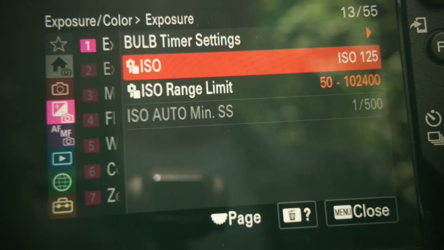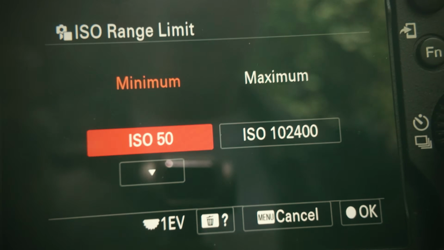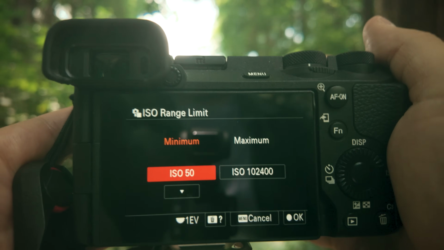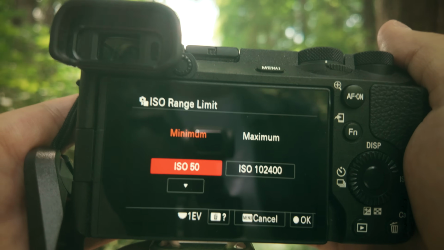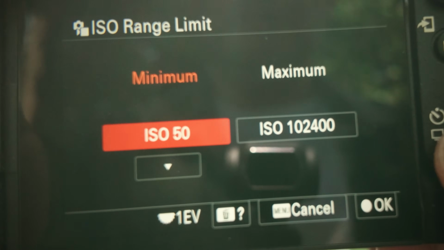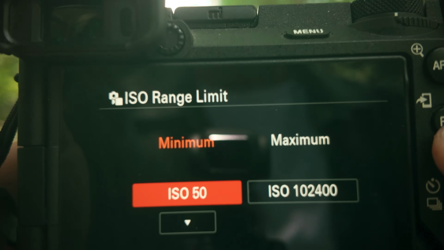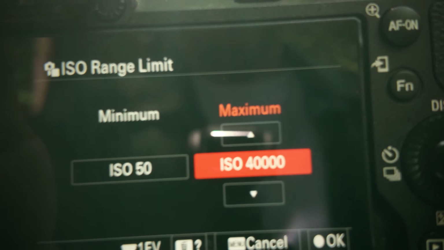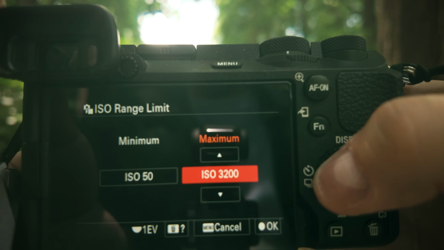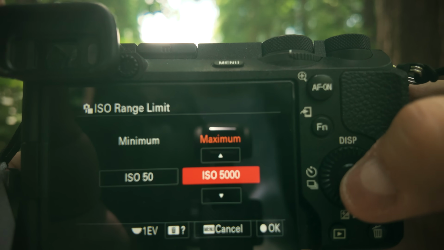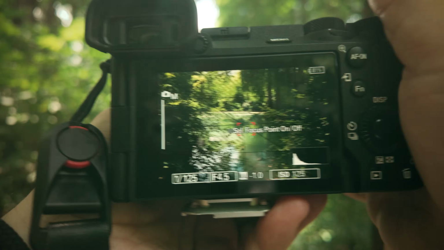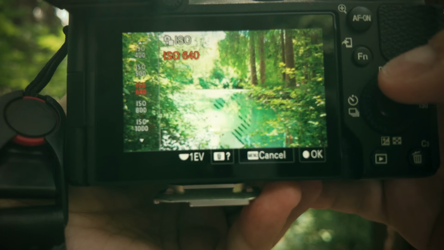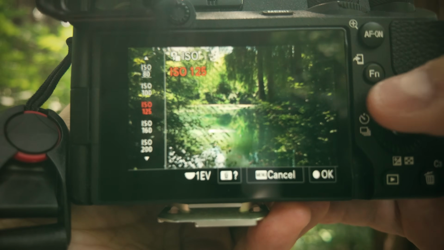Go to ISO range limit. You can find similar settings in different camera systems, though the name of this setting may vary. You have to put in the minimum ISO. In my situation, the minimum ISO is ISO 50, and for this exact scene, I can say that ISO 5000 is enough for the maximum. You go out of your menu, and instead of changing the ISO for every single frame,